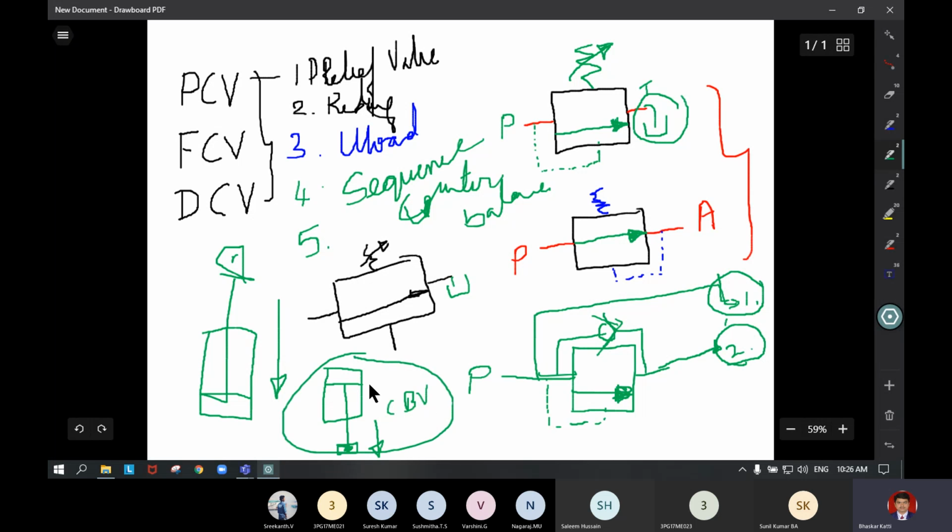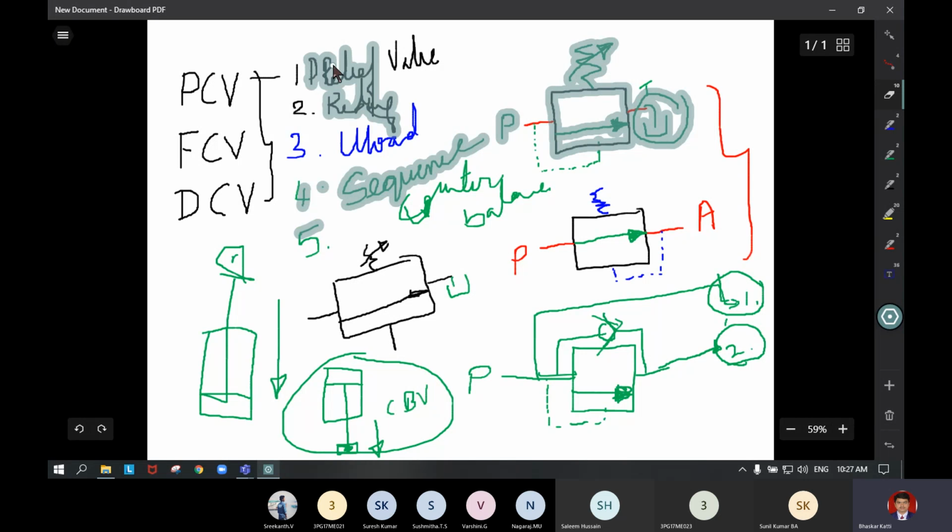So the counterbalance valve will find its application only where the cylinders are loaded vertically, whether experiencing a retraction stroke under gravity or an extension stroke under gravity. To overcome that, we are using a counterbalance valve. Again, the graphic symbol is just similar to your relief valve. So these are the 5 valves we need to study under pressure control valves.